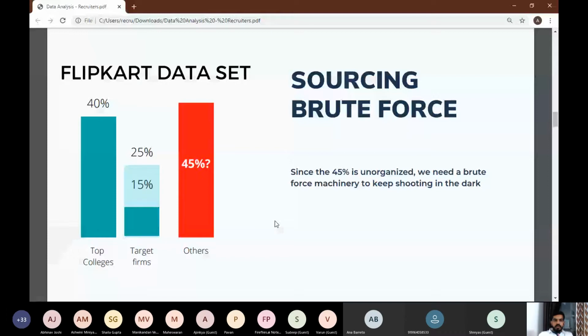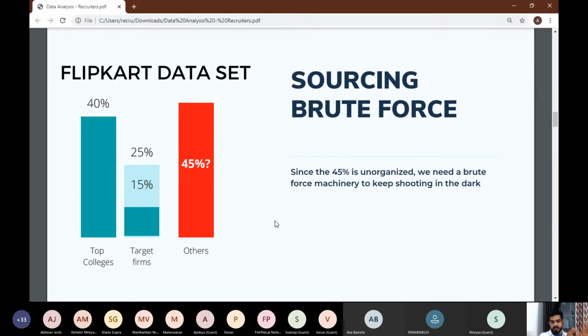Cool. Yeah. So now we're discussing how the data is organized for Flipkart. I just picked it up as an example, right? So 40% top colleges is how their data looks. And then 25% could be from target companies. You can have some 50, 60 target companies, but that 25% includes 15% of top colleges if you have used it, right? So that means there's only like 15% of data left, 10, 15% of new data which is left, right? Now what happens if you put together